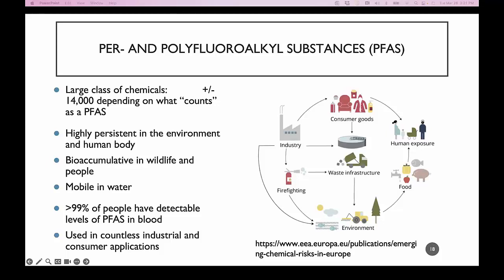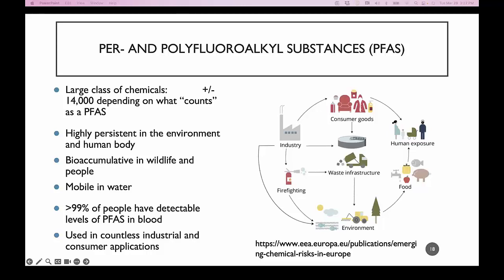And as a result of this, we have really ubiquitous exposure to these chemicals. Over 99% of people have detectable measured levels of PFAS in their blood. And this is important because we don't have analytic methods for all 14,000 or more PFAS. We have methods for a few dozen individual compounds. And so if we're talking about detecting even that small number of PFAS in nearly everyone's bodies, that should give us significant cause for concern. We have such ubiquitous exposure because these chemicals are very broadly used, very widely used for their properties.